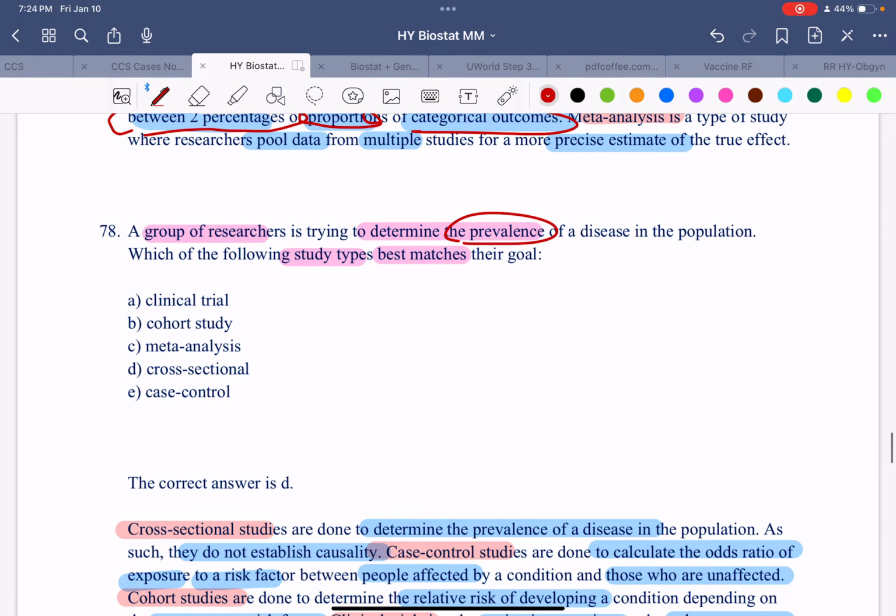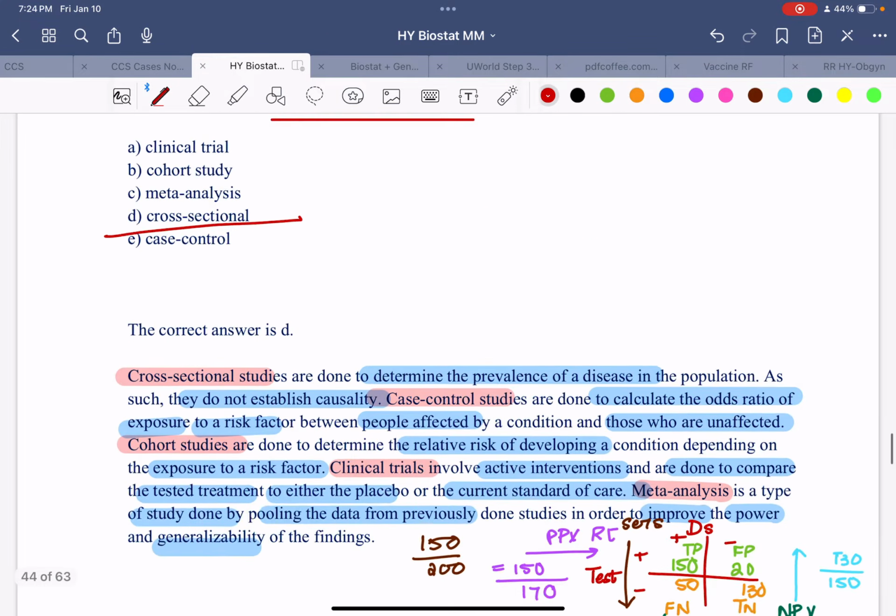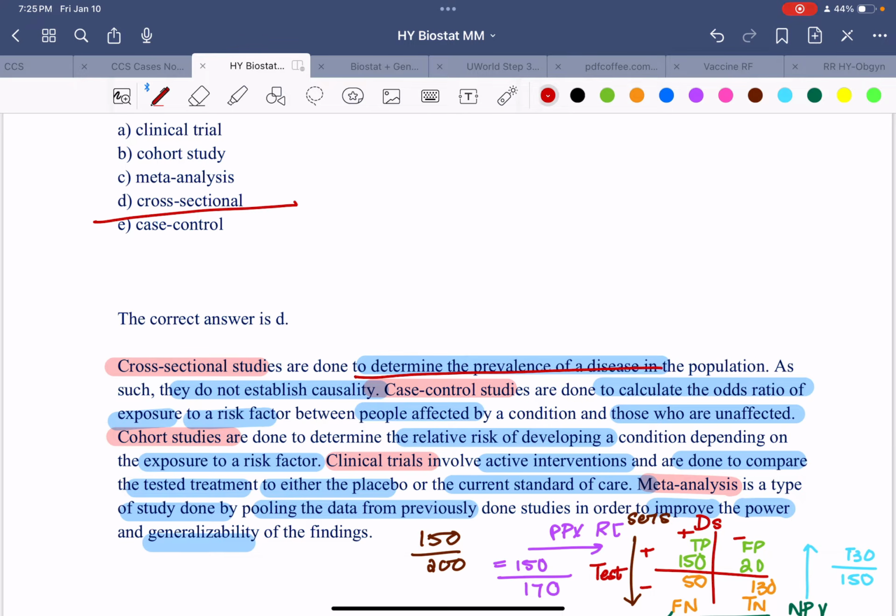A group of researchers is trying to determine the prevalence of a disease in a population. Which of the following study types best matches the goal? So in order to calculate prevalence, we know that the best study is D, cross-sectional study. The study that determines the prevalence of a disease and does not establish causality is